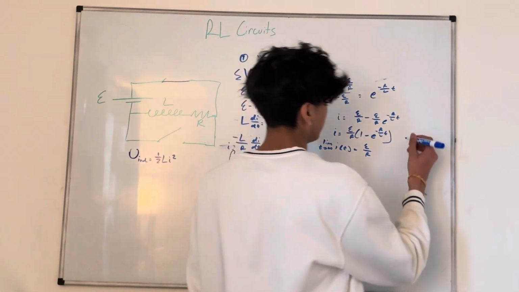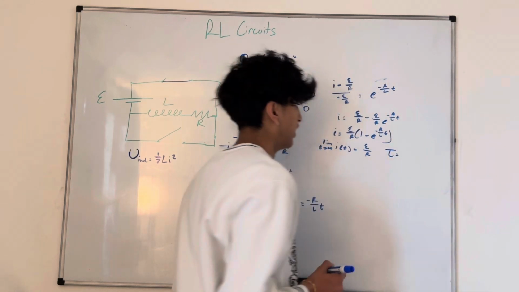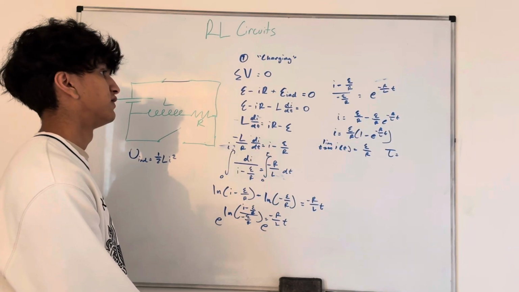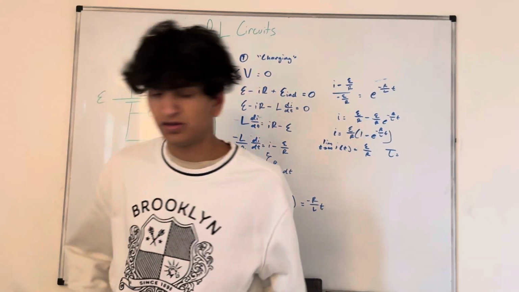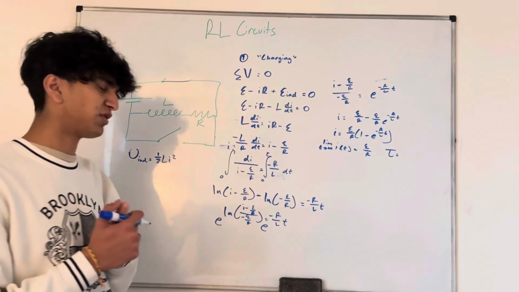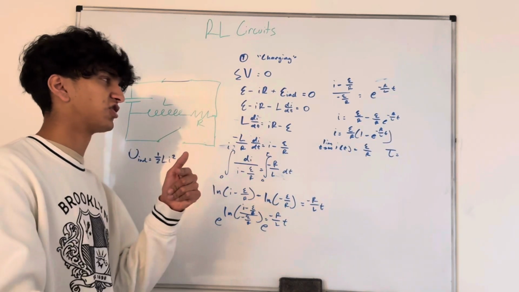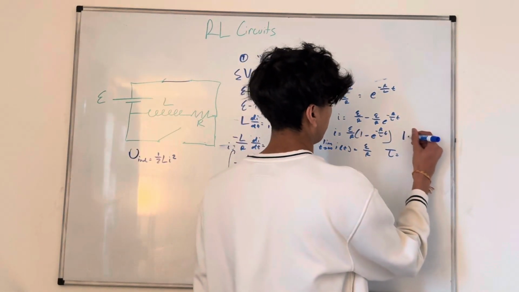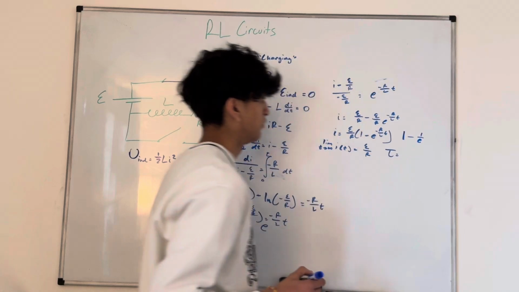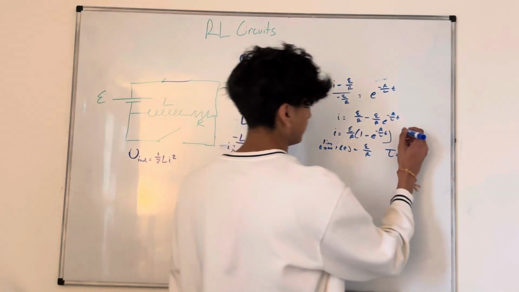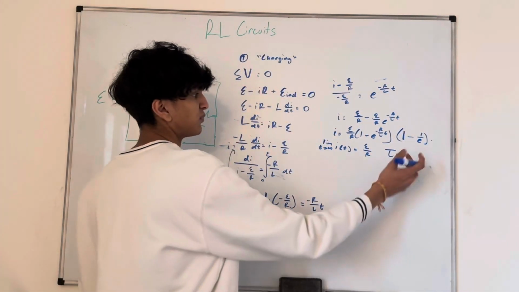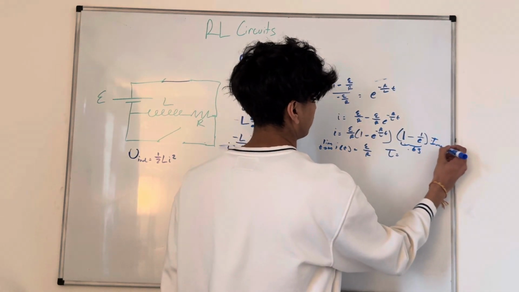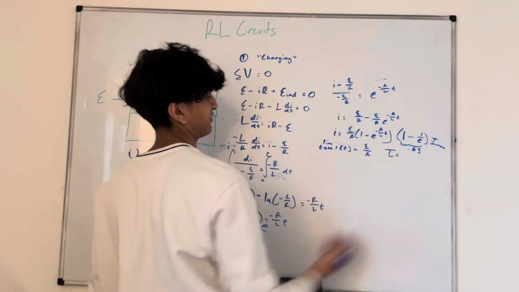So time constant, tau, when does that happen? It takes me a second to brush up on time constant. It happens when you have 63% of your current, I think. So in other words, if you have 1 minus 1 over e times your max, this should be roughly 0.63 times I max. That's what I meant by rewriting EMF over R as I max. That's the max amount of current you'll get,